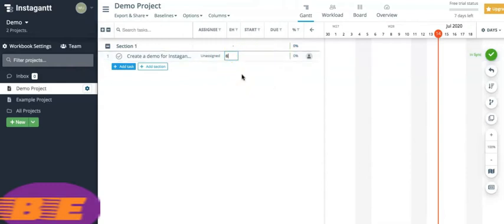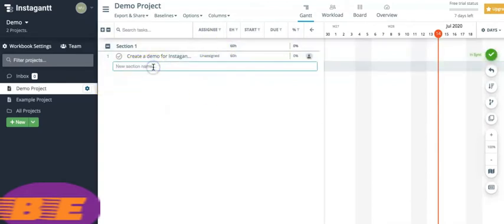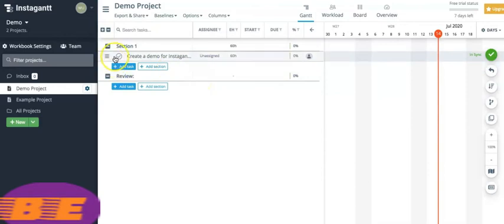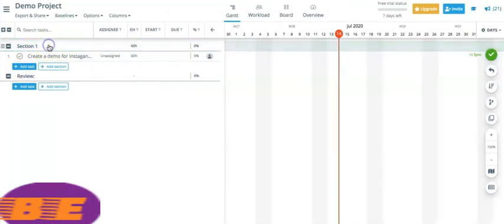Estimated hours. This is just random, so I'm putting 60 hours. This is just for the demo purposes. And then I'm editing the task. I have to hit enter, and then I can add a section. This could be the review section, and this is the